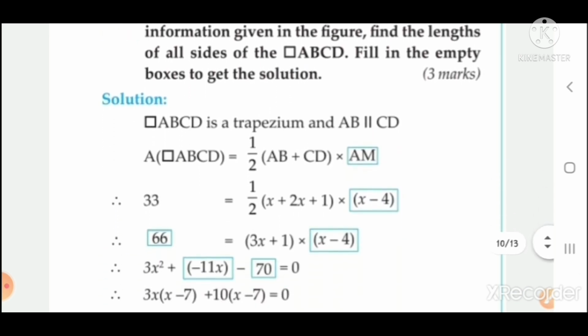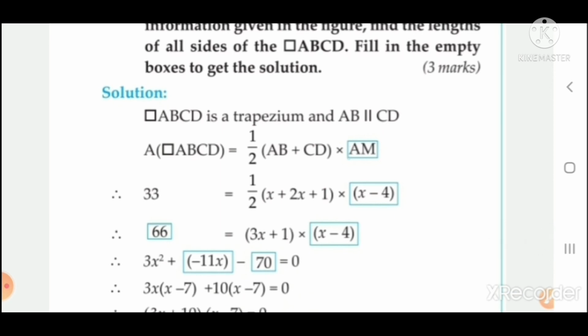Now the solution will be given to you, you can see here the blue colored box, like this blank. In the examination these empty boxes will be blank, as given in your textbook. Just go through that question. Here also you can see these boxes, but it is filled; in examination the box will be empty, you have to fill it up. So how we got all these terms, let us see.